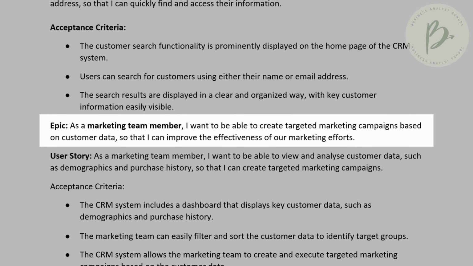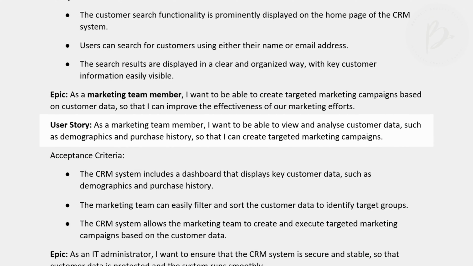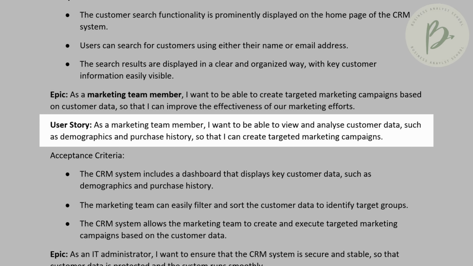Let's look at another epic. Another epic is from the marketing team member perspective. As a marketing team member, I want to be able to create targeted marketing campaigns. I want to create marketing campaigns based on customer data so that I can improve the effectiveness of our marketing efforts. The user story here, which breaks down further our marketing campaign requirement, is that I want to